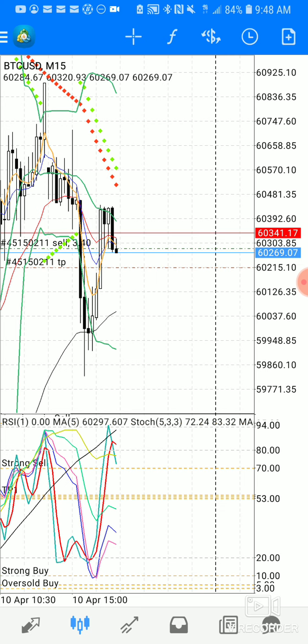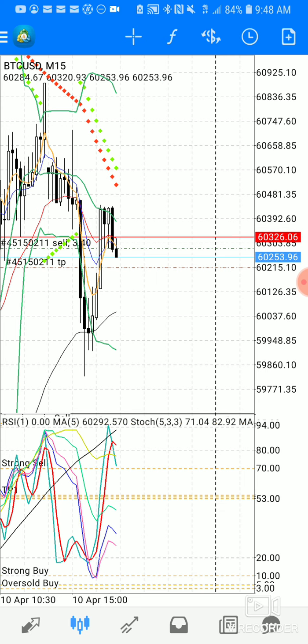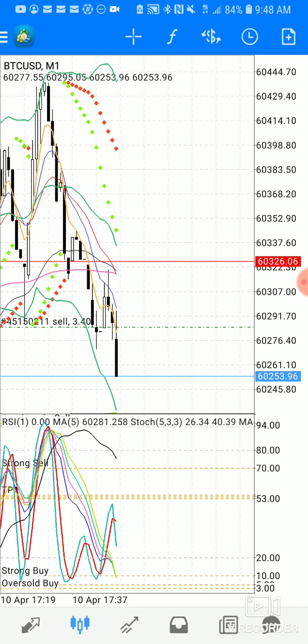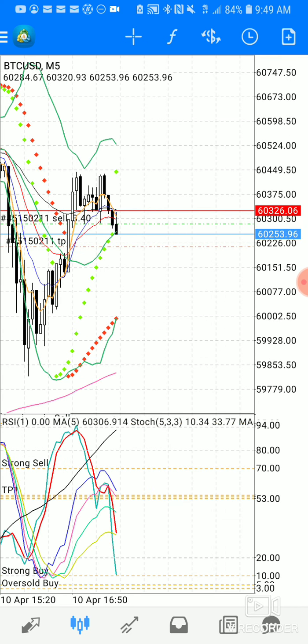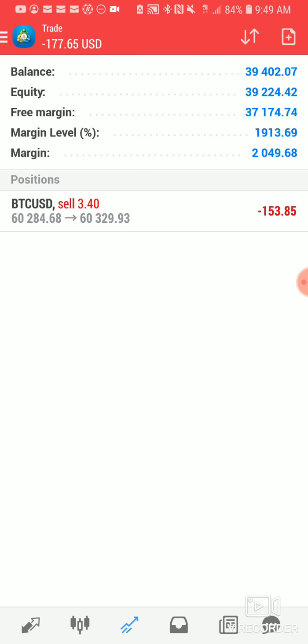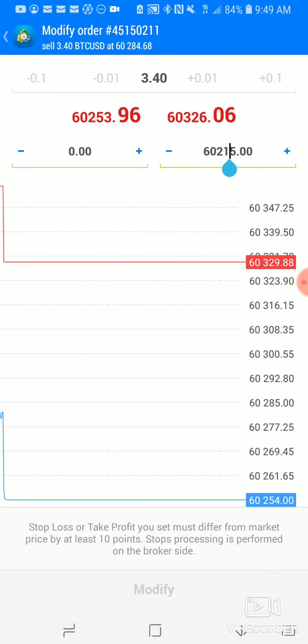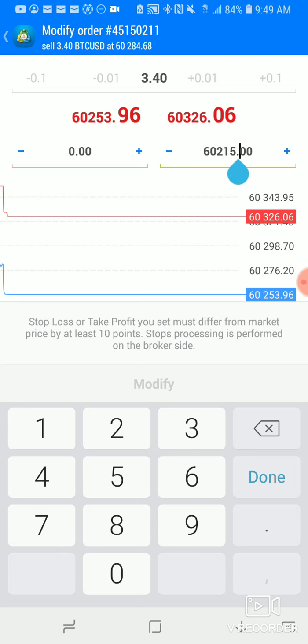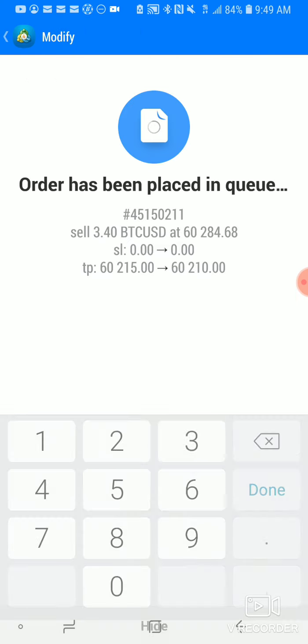I'm headed to go get me some blue crabs right now, so I'm trying to see what's up. Can I hit my little take profit? Can I get in profit? Ooh, I might need to move it down a little bit, but hopefully it drops down. I don't want it to close out in the negatives, especially when I know it's going to come down. All right. I might move it a little bit. Let's see here. 215. Let's move it down to 210. How about that? Hopefully y'all can hear me pretty good. Hopefully my video does not die.